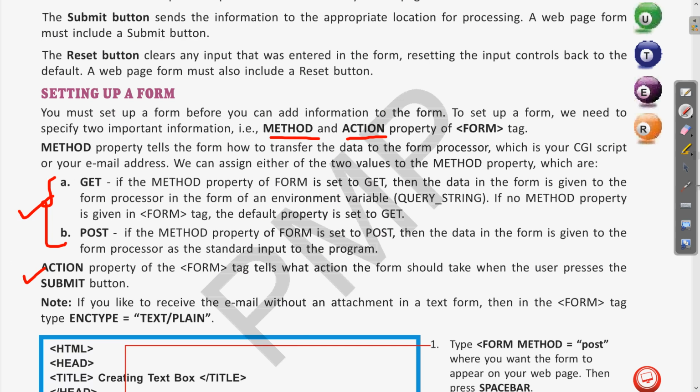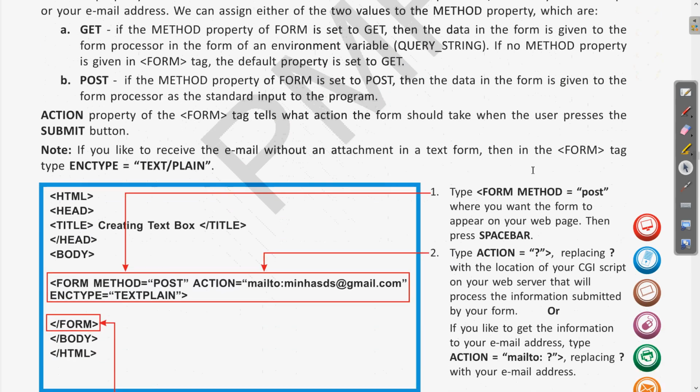In the example program we have the form tag, and in this form tag whatever method we are using, we have specified. Then action is, if you want to send the information to the server or by mail, these can be attached with the submit or reset button using the action.